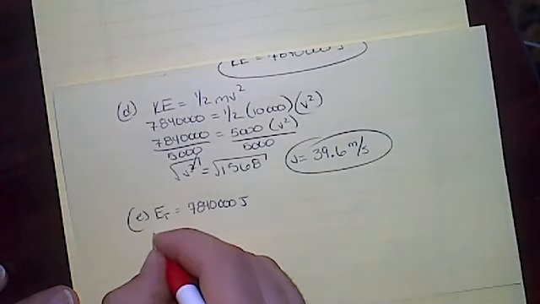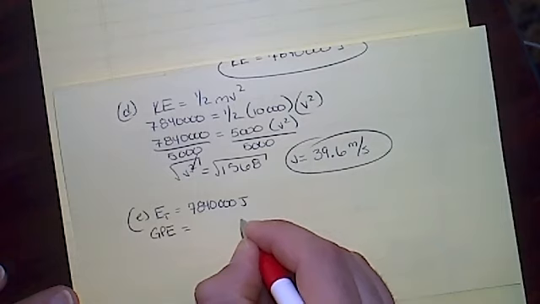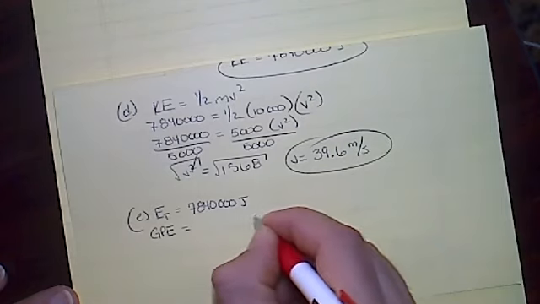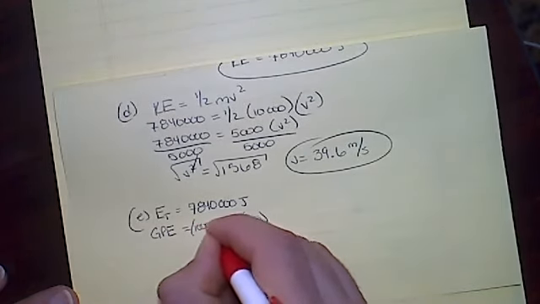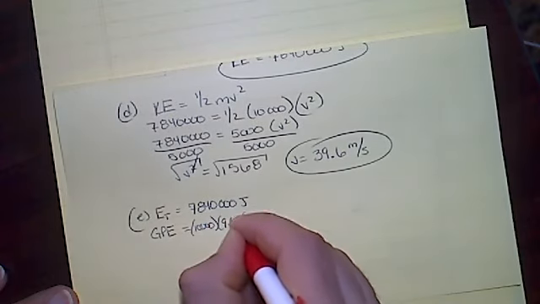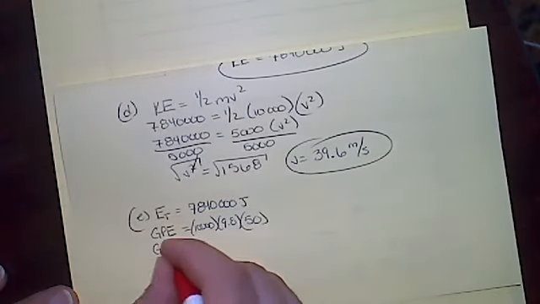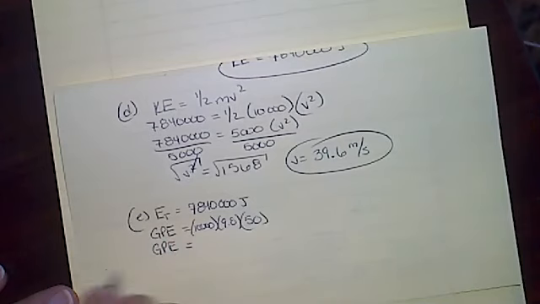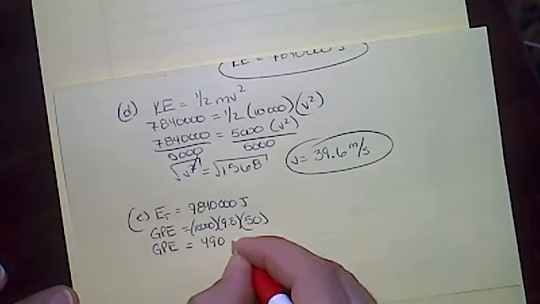Now we're asking, well, what's the GPE when the hill is 50 meters? So let's do 10,000 times the 9.8 times the 50. In doing this, we get a GPE that is equal to 4,900,000